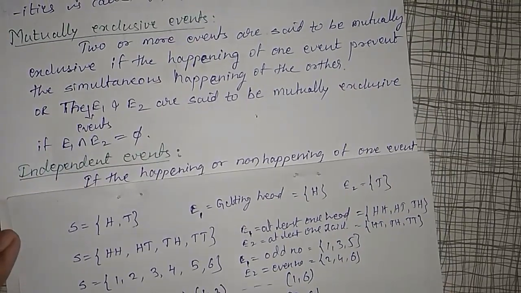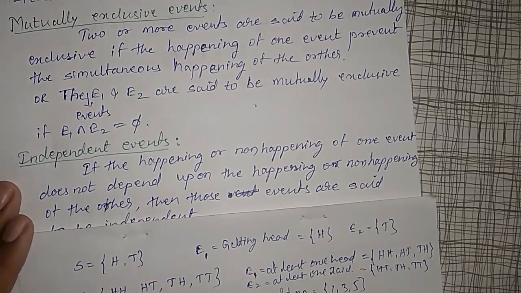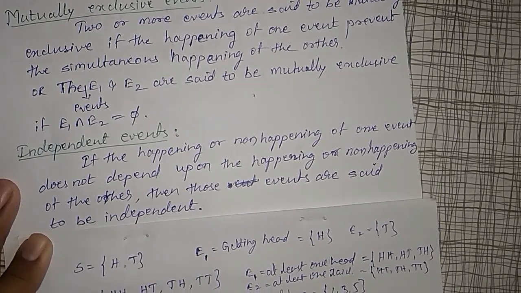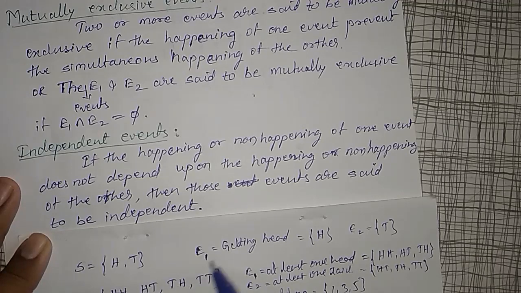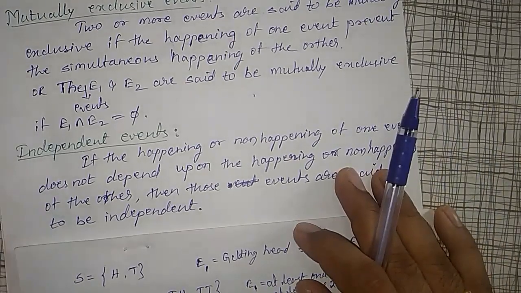Then, independent events: if the happening or non-happening of one event does not depend upon the happening or non-happening of the other, then those events are said to be independent. E1 and E2 are independent. Such events are known as independent events. Like that,